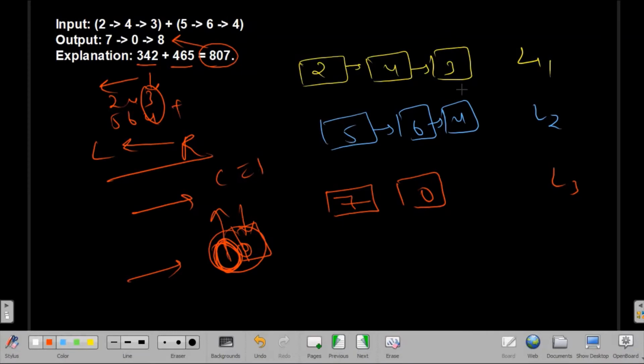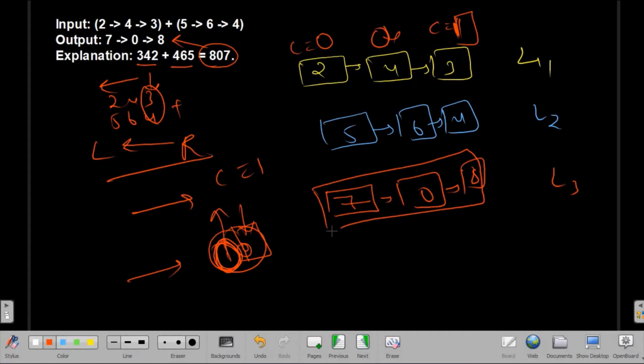While adding linked list 1 and linked list 2 values, I will also add the carry. Where we don't have any carry, I assume the carry is 0. Here I have carry 1, and 3 plus 4 is 7, plus 1 is 8. So this is my new linked list, and I will return it.